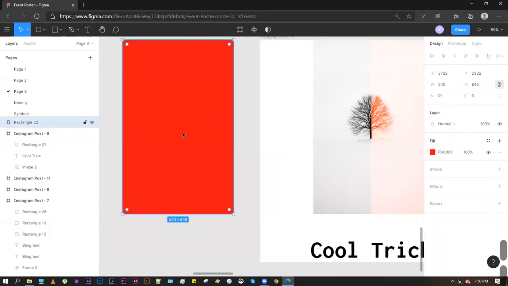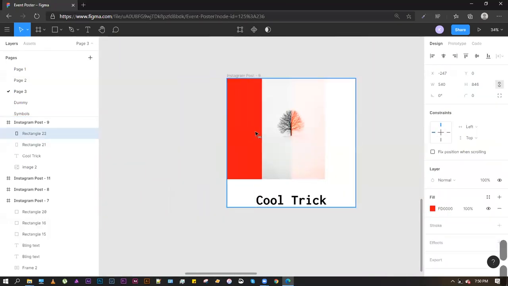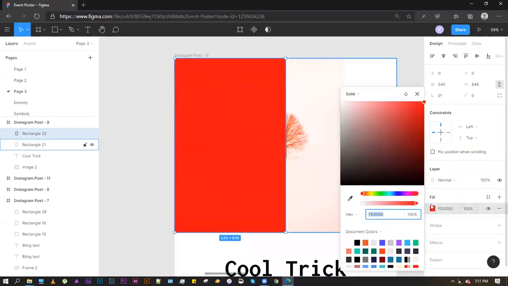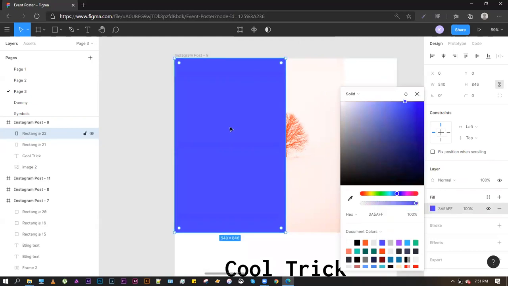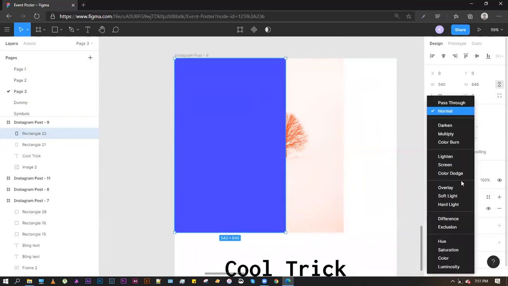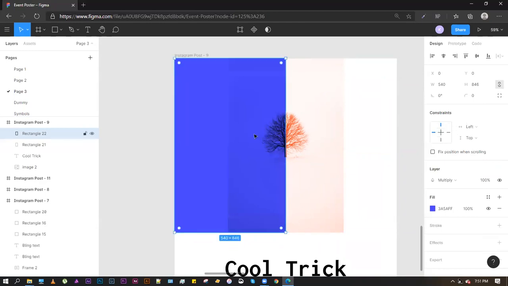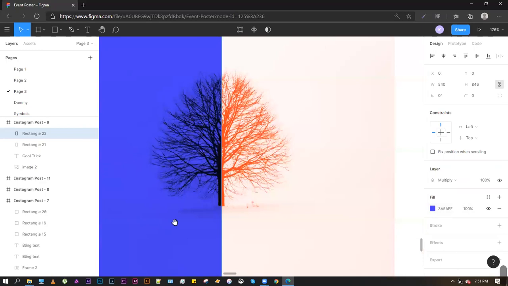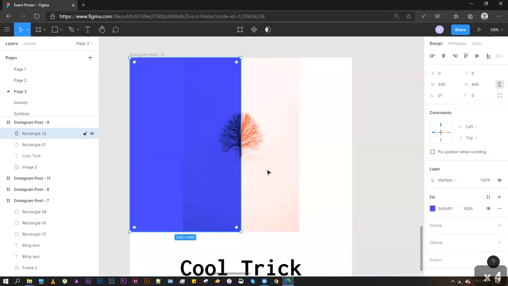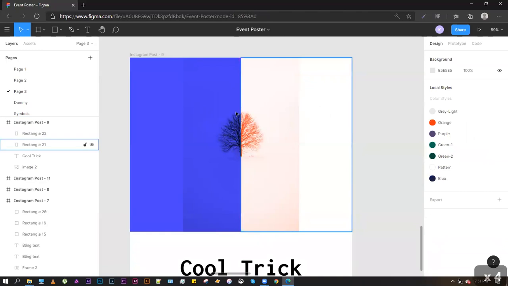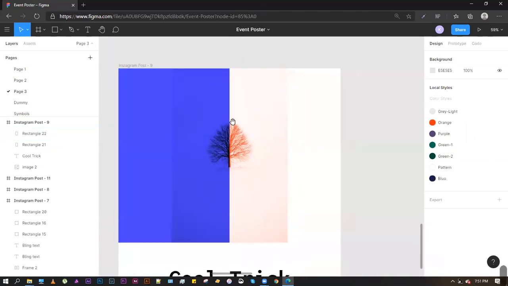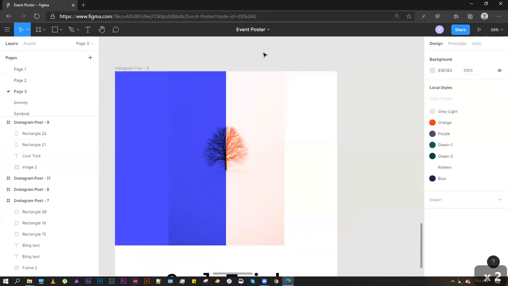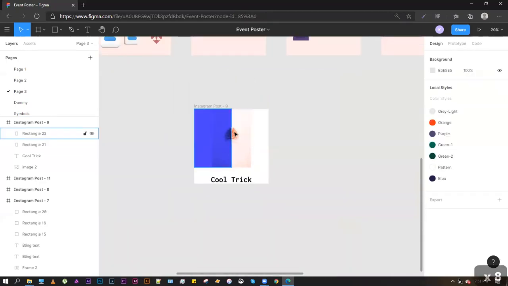Okay, now if I create another rectangle with a red color, and now I only want to impact the white parts of the image. So now if I click on a different color, I click on this, I go to the blending mode, and I click on multiply. So as you can see, the black parts of the image are intact, but the white parts of the image have assumed the color of the layer on top. So this is a very neat trick that you can use to recolor your photos and also add a kind of mood or a filter to it, right? So this is about the